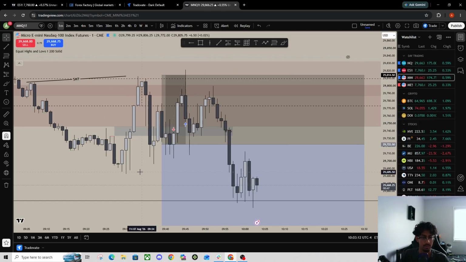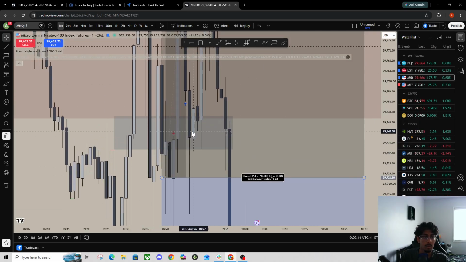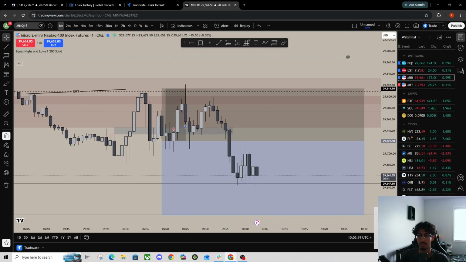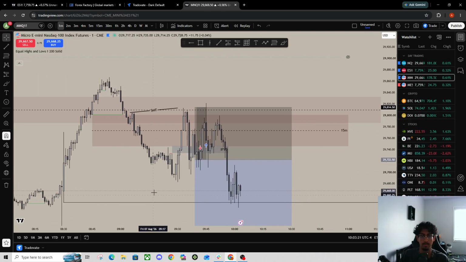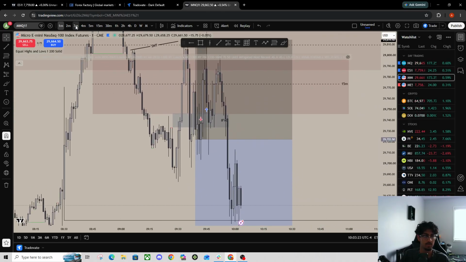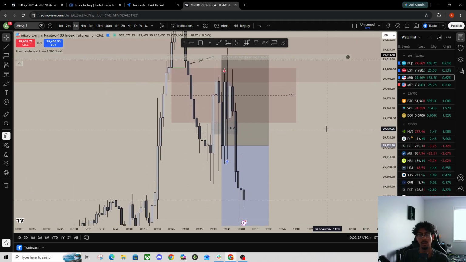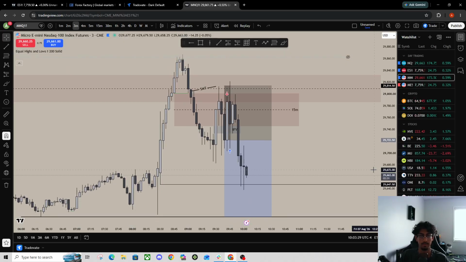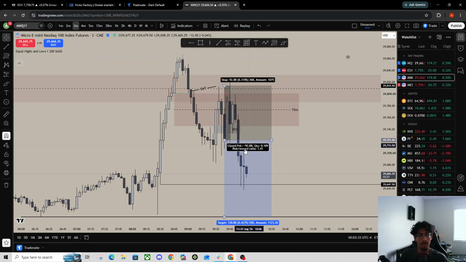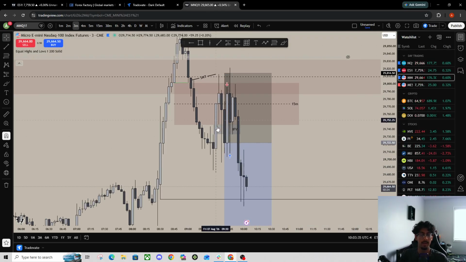I don't know if there was an entry. Let's see. We inversed it, but that's like a crazy wick. I'm not taking that. So yeah, that was the main trade today. It was just this 3 minute so far, but it's only 10 o'clock, so another opportunity might present itself. I might take something else, maybe just lower risk. But getting back to the trade,